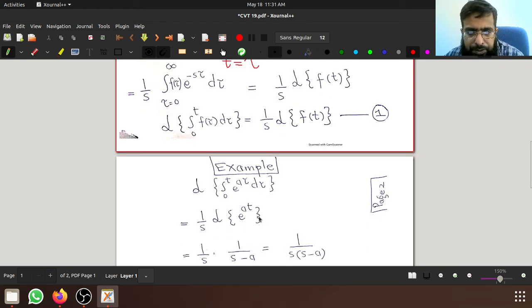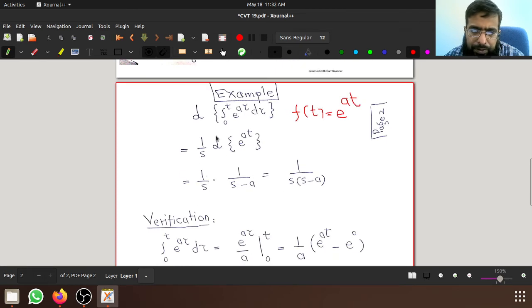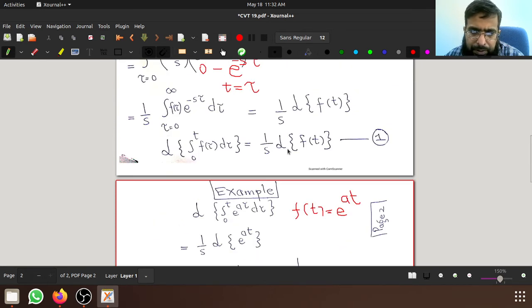So now let's solve an example where we are given f of t to be e to the minus at. F of t is given to be, f of t is e to the minus at. Isn't it? It is not minus at. In fact, I'm sorry, this is e to the at. E to the at, right, and we are going to apply this result that we obtained in equation number 1,